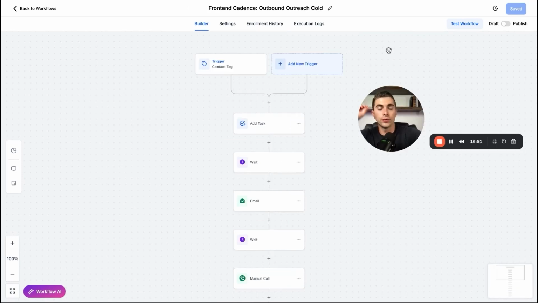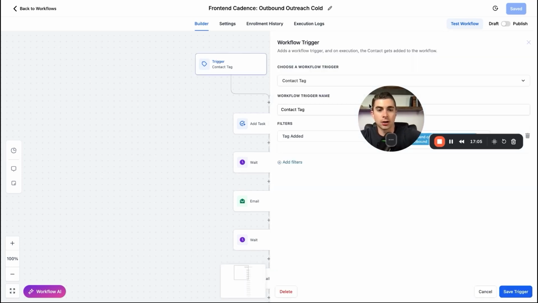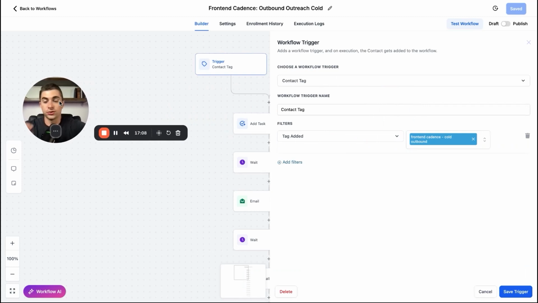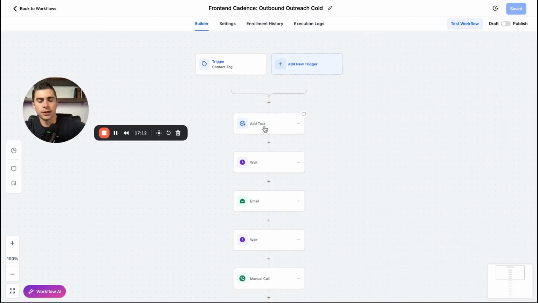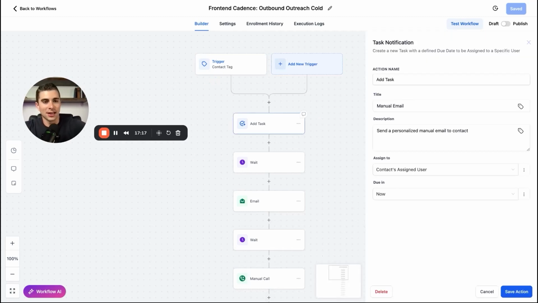All right, now let's jump over to the other cadence, which is the front end cadence. Now, this is the one where I was talking about where I tried to send 25 to 40 emails a day that were manual, but again, had higher response rates because they were more personalized. So same principle here. Typically, I would trigger this by adding a contact tag, or you can add them into a workflow when you're importing them into GoHighLevel. And then after that, you'll see here, instead of having an email as the first task, I actually had add a task. And what this task would do is it would actually be, hey, send this person a manual email. So it's just a reminder to go in and send this person a manual email.